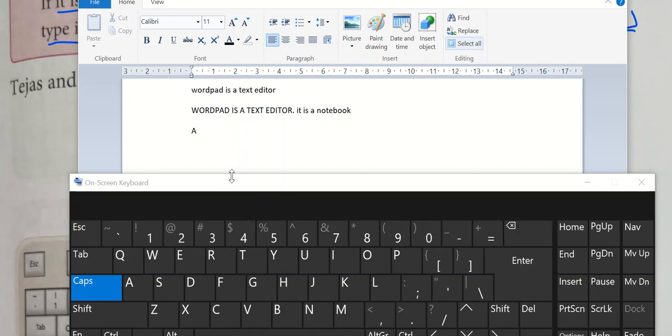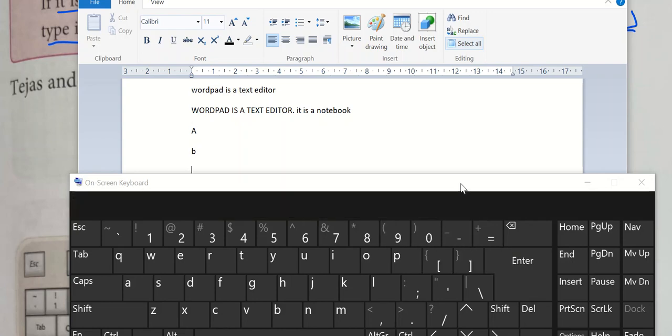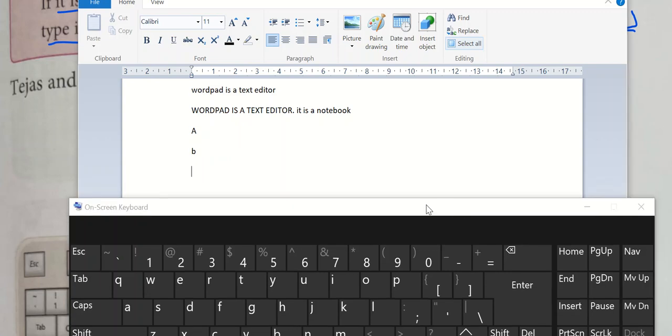When I press the enter key, the cursor moves to the next line. Again there, for example, I want to write small b. Now next after B I want to write C. So to go to the next line further, I will press the enter key. And this is the cursor which is telling us the position where we are writing.